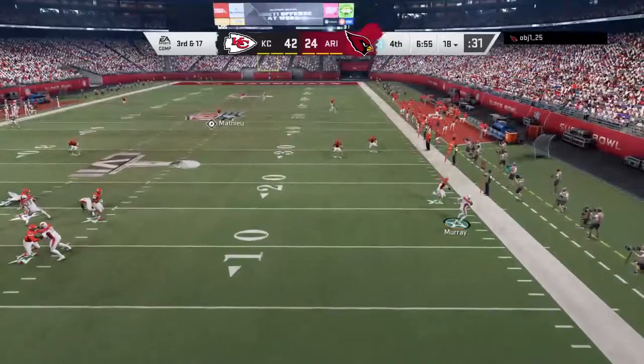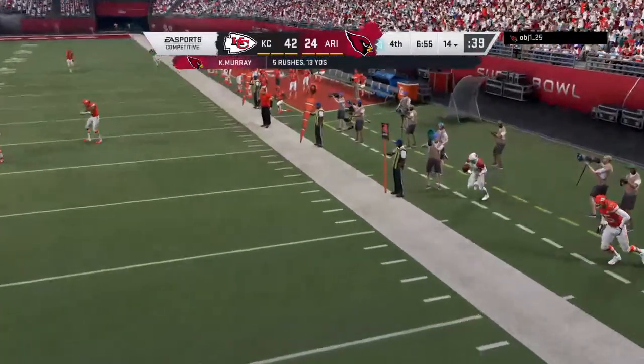Eluding the pressure right. And he will not throw it away. He goes out of bounds. Well,